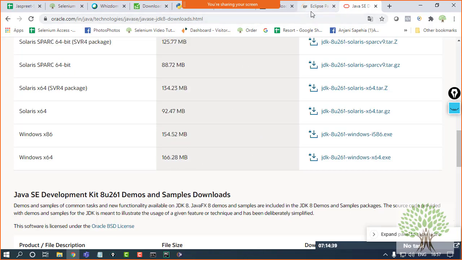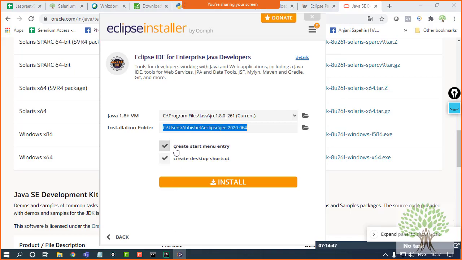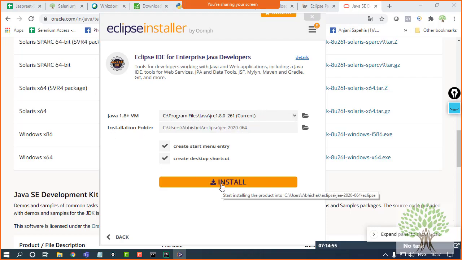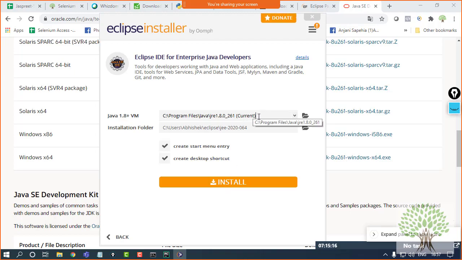Okay. Once it's done and installed into your system, environment variables will be set. Then after, you have to go over here in the installation of Eclipse. Over here you have to provide the JDK path and then click on install. Otherwise, if you don't have JDK in your system, it's going to give you an error. And if you are not correctly giving the path, then Eclipse will not work. Why I'm telling you this? Because this has happened with a number of people that they are not able to run Eclipse only because JDK was not properly installed in the system.